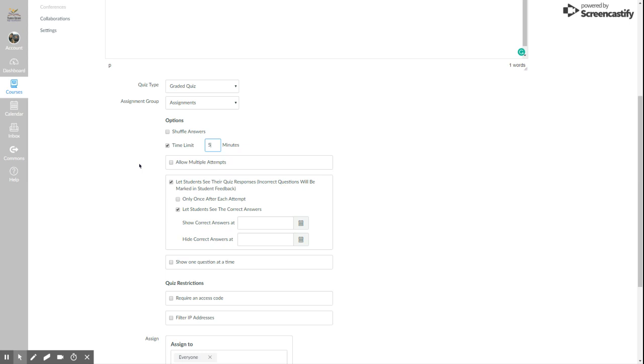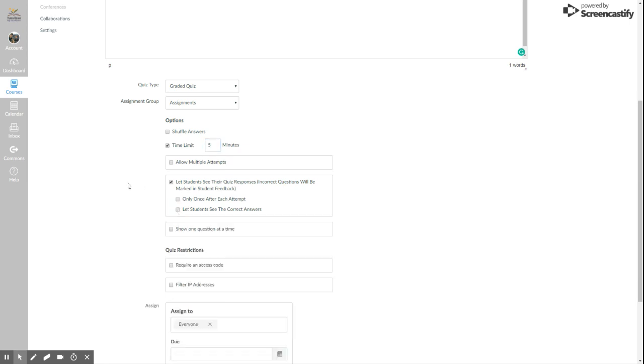The second thing is that I don't want my students to see what the correct answers are after the quiz is over with, because then they might help other students or find out later on that my quiz has been leaked. So I'm going to go ahead and turn off this button right here so that students will not be able to see the correct answers. You can go ahead and give the correct answers out in class if you wish, but I'm personally disabling that